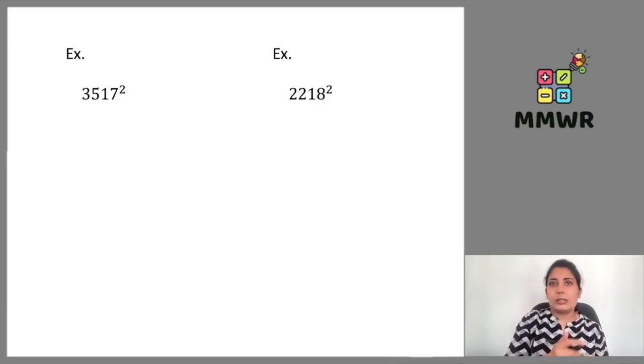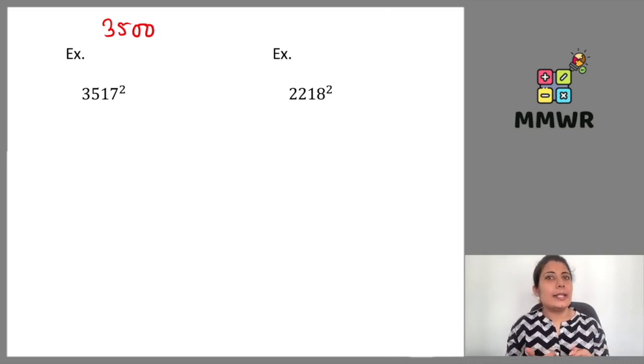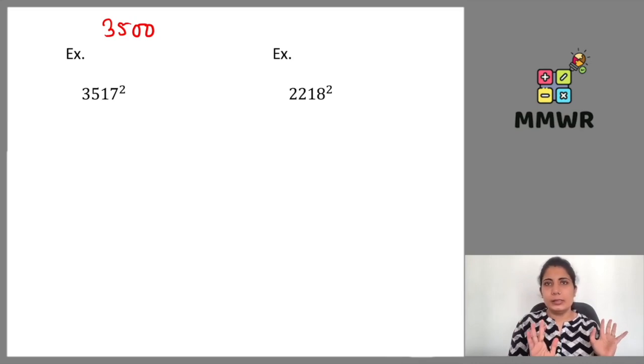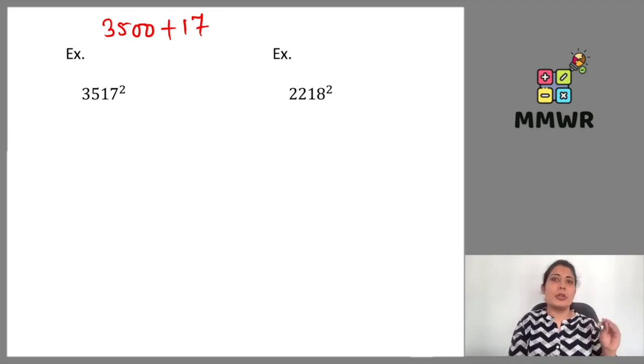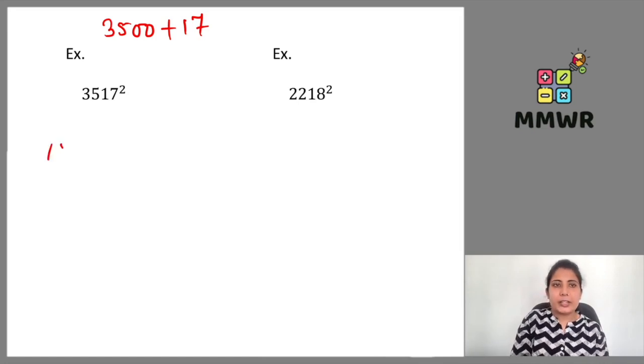So another breaking is also there. We can write this as 3500 plus 17, because I know the squares till 40. So that is why I can do it. I am going to break the number this way: 3500 plus 17 and the whole square. What is the square of 35? The square of 35 is